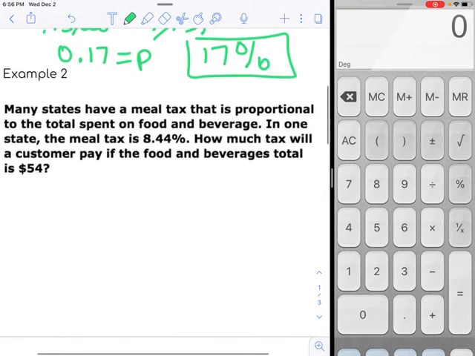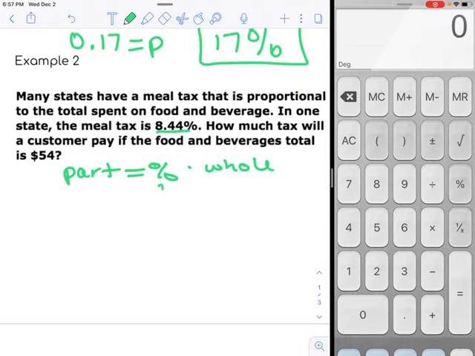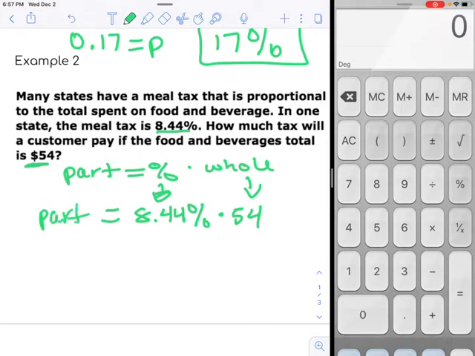All right, let's try our next one. Many states have a meal tax that is proportional to the total spent on food and beverage. In one state, the meal tax is 8.44%. How much tax will a customer pay if the food and beverages total is $54? Again, I have my part equals my percent times my whole. In this case, I know what my percent is, 8.44%. I also know what my whole is because I paid a total of $54. And what I'm trying to figure out is what part of that bill is my tax,